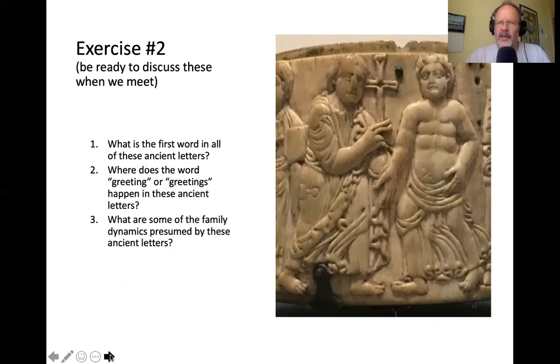So there, this is an example of some ancient letters from the 1st century, or roundabouts the 1st century, from roughly the same area, not exactly, but roughly the same area as Paul would have been writing to, the other side of the Mediterranean, and roughly the same time, and roughly the same culture. So take a look at these and answer some of these questions, and I'm looking forward to talking about them together. Thank you, and see you next time.